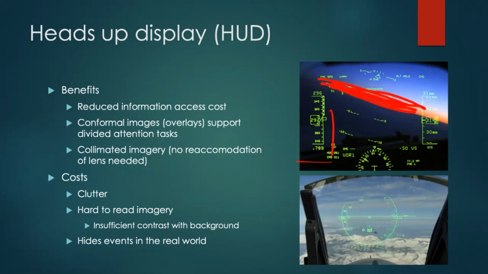It allows for your eyes to not have to reaccommodate to information. So, you know, if you're looking out at the road and you look back at your car, your eyes are going to have to adjust a little bit. However, with one of these, also collimated images, you're quickly able to accommodate from information out in the world and information on that display.